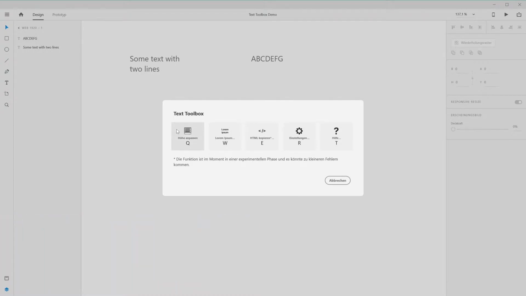Clicking Show Commands or using the shortcut will open a dialog showing you all the available actions you have already seen in the plugin submenu. To perform one of the actions, click the corresponding button. Alternatively, you can also use the keyboard shortcut displayed in the button, for example Q to adjust the text area's height, to access a function.